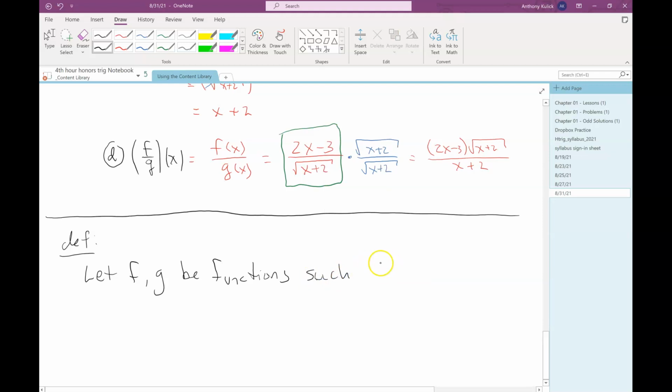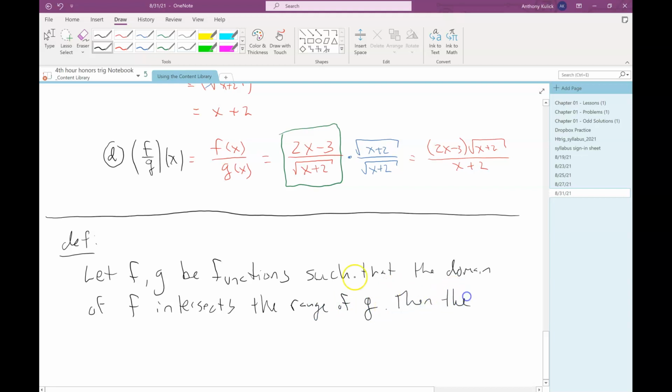So let f and g be functions such that the domain of f intersects the range of g, then the composition of f and g is